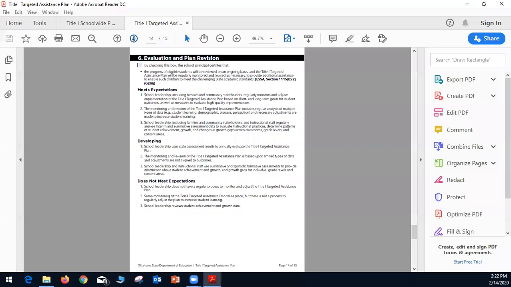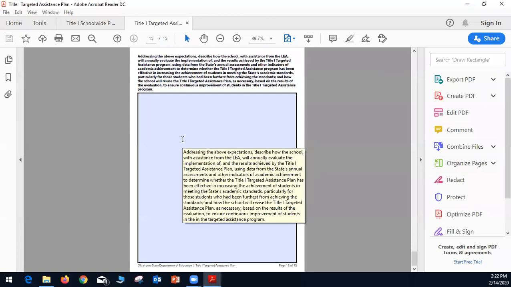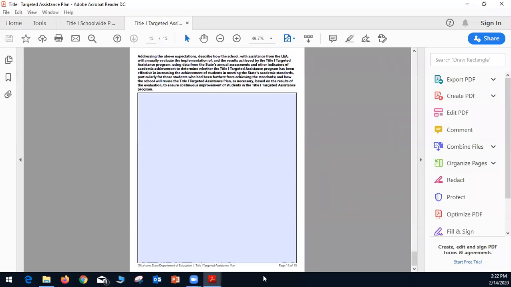So then you will have a text box where you will record your narrative answer addressing the above expectations, and you will describe how the school, with assistance from the LEA, will annually evaluate the implementation of and the results achieved by the Title I Targeted Assistance Program using data from the state's annual assessments and other indicators of academic achievement